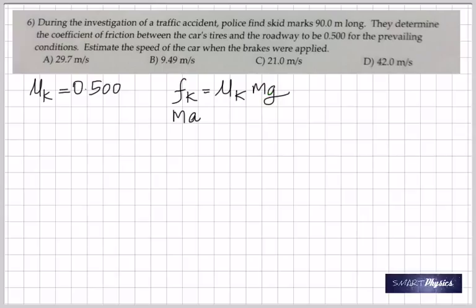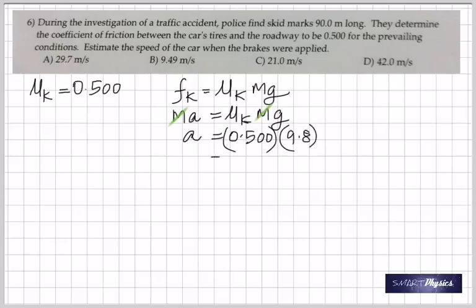And Fk is m times a, so m times a is equal to mu k times mg. Mass gets cancelled from both sides and you get the acceleration as 0.5 times 9.8, which is 4.90